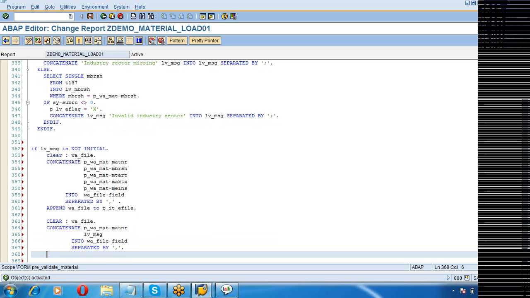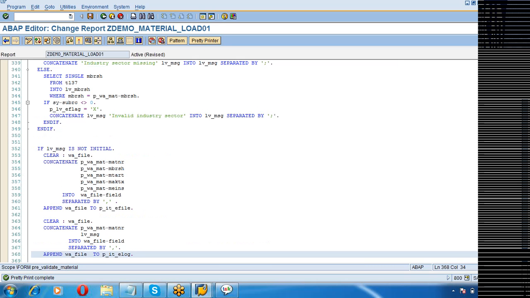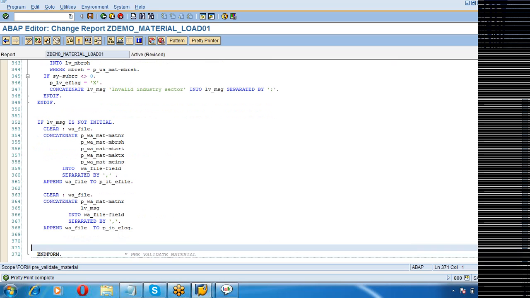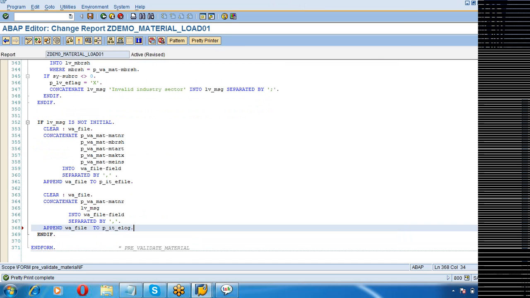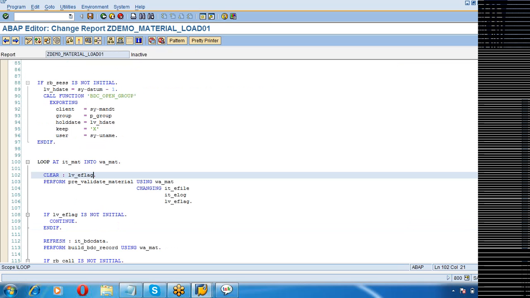Append W_file to P_IT_E_log. Okay, so this will ensure that the error log is taken care of.